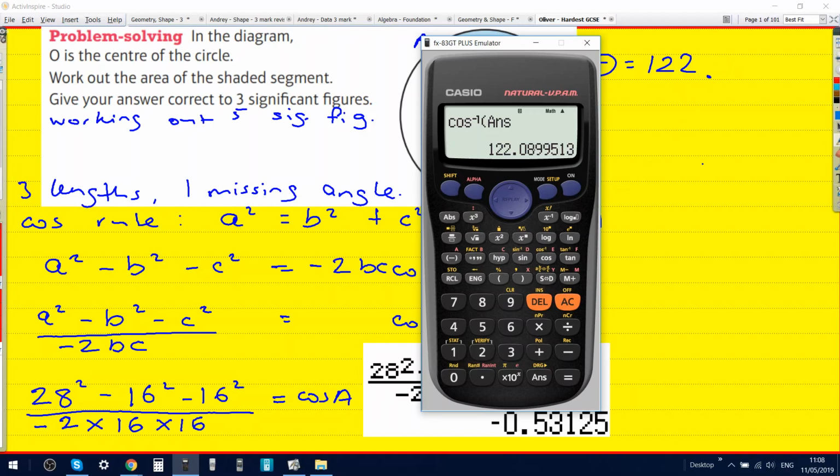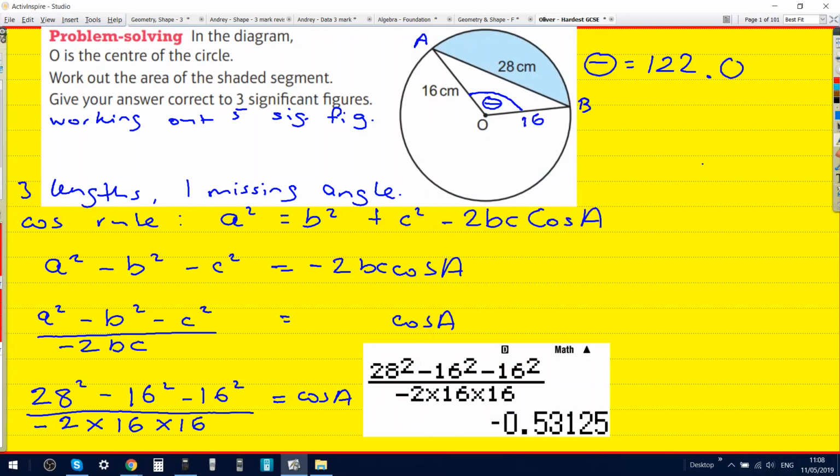You only round the very last one off. Okay. All right then. Okay. Yeah. Go on. And then 122.09 over 360